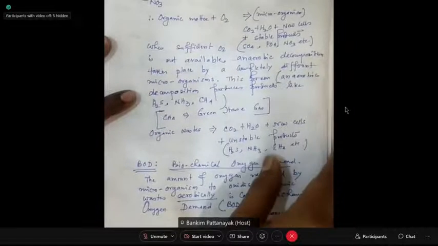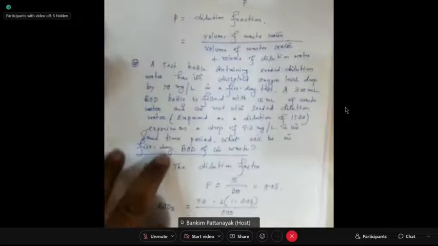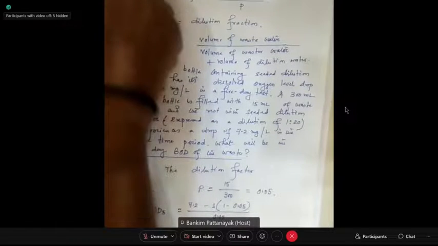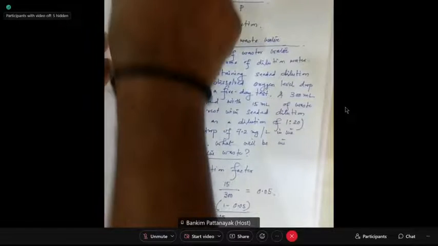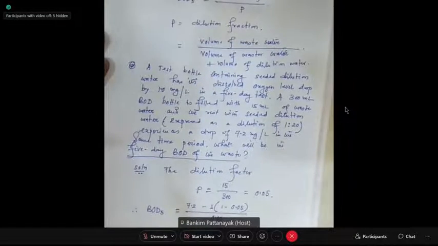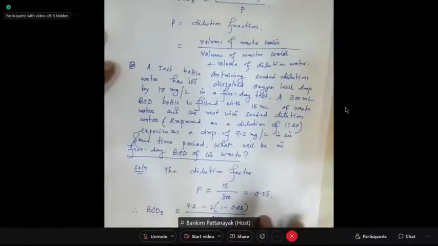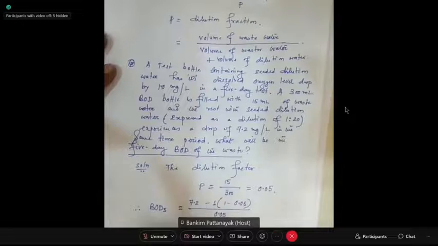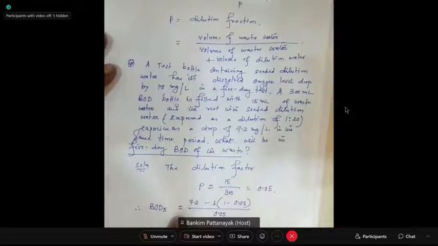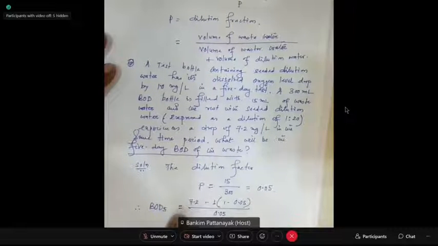This chapter needs to be clearly understood because it is a very important chapter, and also some amount of numericals are involved in this. Now, what is called 5-day BOD test? The 5-day BOD test is basically where you measure the